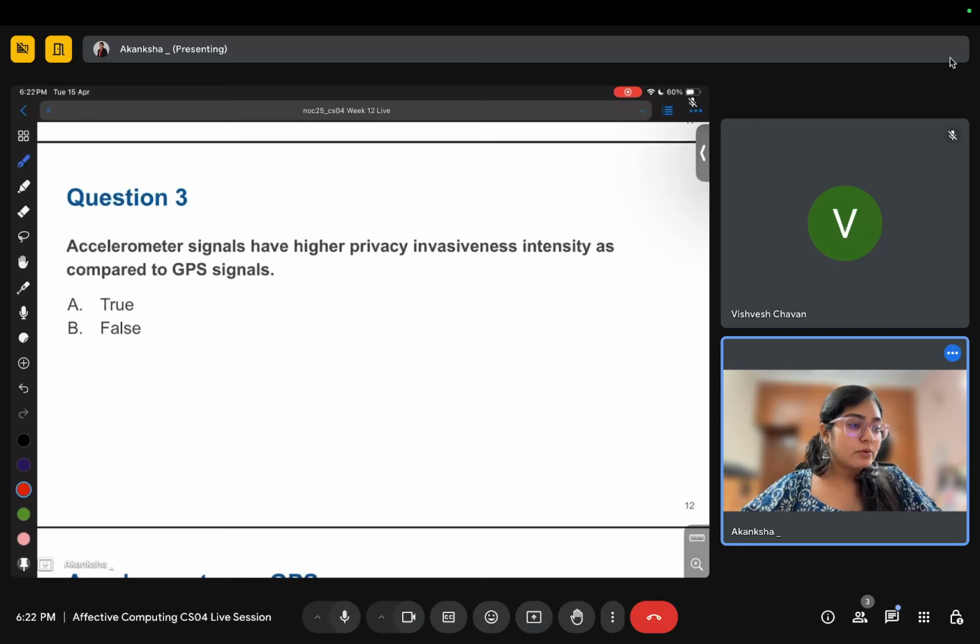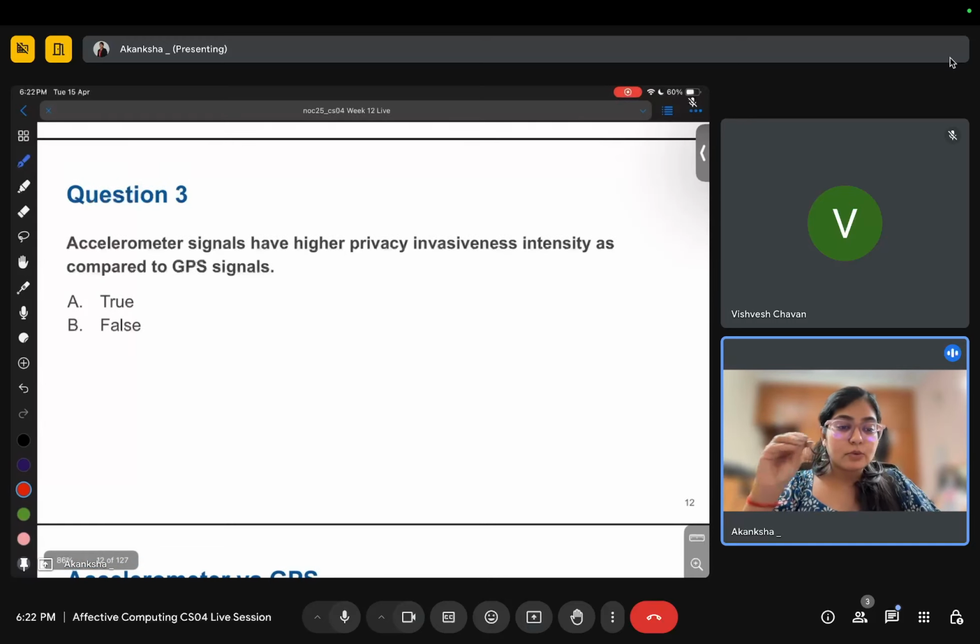Okay? So when we talk about privacy intrusion, invasiveness means how problematic that data collection can be by that sensor. Because let's say I talk about the camera, so the camera sensor is capturing my face, my identity is being revealed. So what kind of data that sensor is taking and how it is taking it determines how privacy intrusive, how invasive it can be. Okay. So this is the comparison between accelerometer and GPS signal.